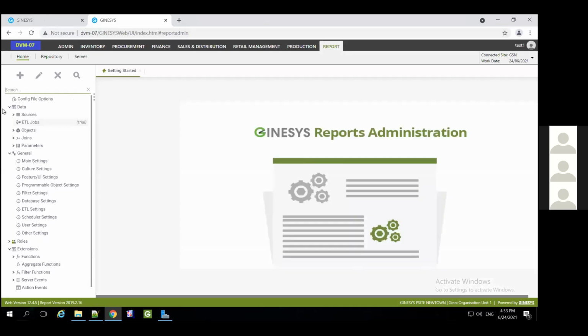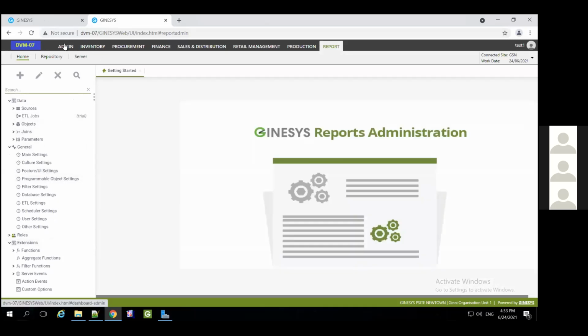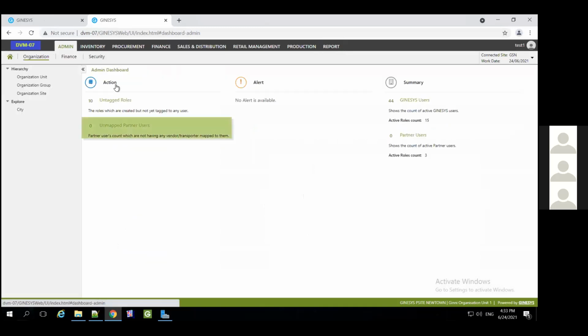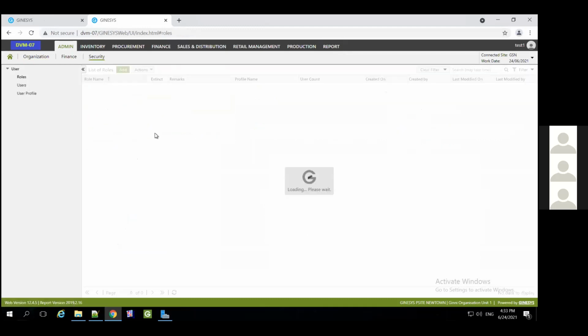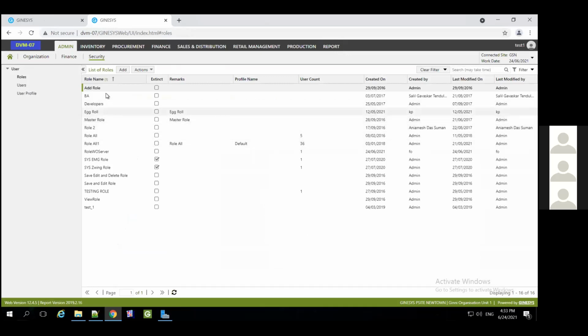Right. So then what is the purpose if this is available for the user? Now this is something that you have to manage through the Genesis role. There is an option in security, an option for role management, right? So if you create a role, let's say I have already created a role, I'll just show you that so that we can save some time.